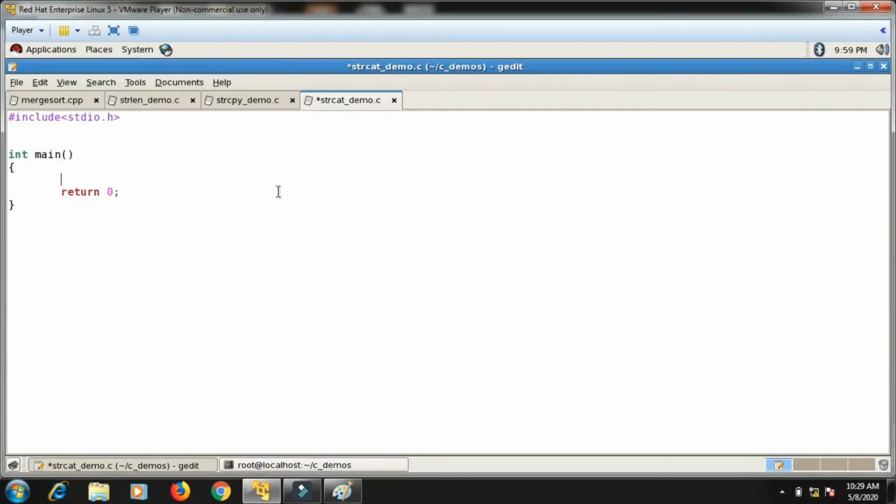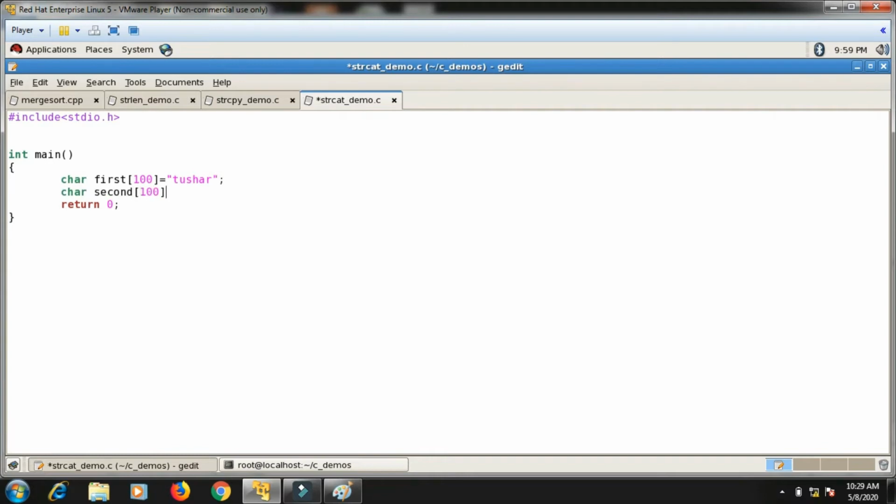Hello guys, we'll simulate the function strcat in this video. Before we go for the implementation of the function, first let's understand how the built-in strcat works. For that, suppose I have two different strings. One is first with some 100 size and I store some string there. Suppose I store my name there, say Tushar.